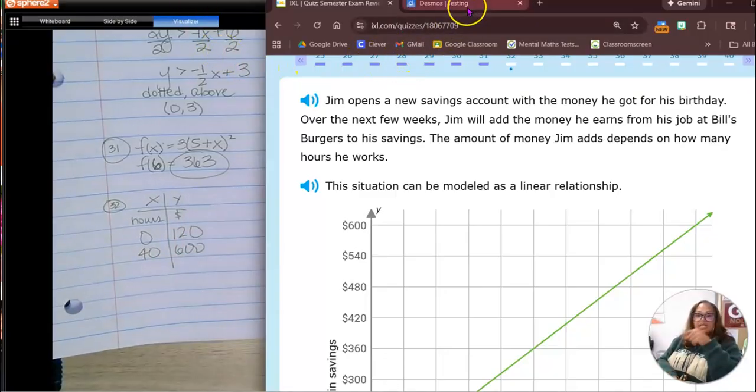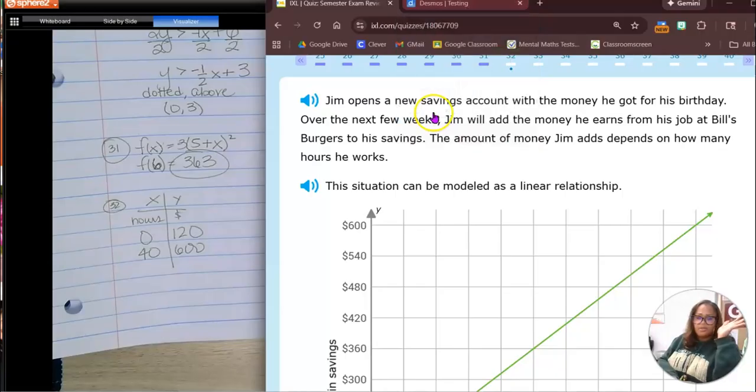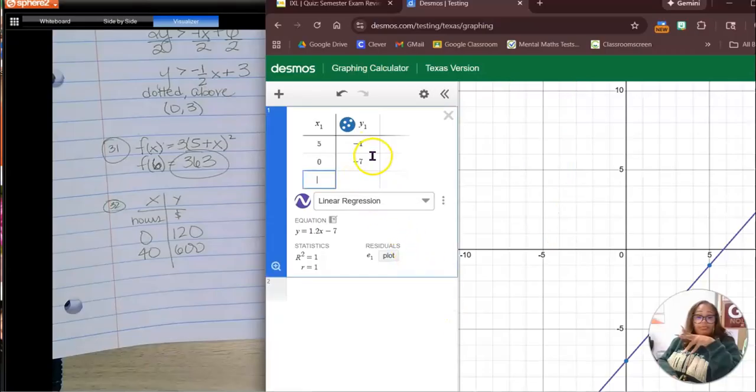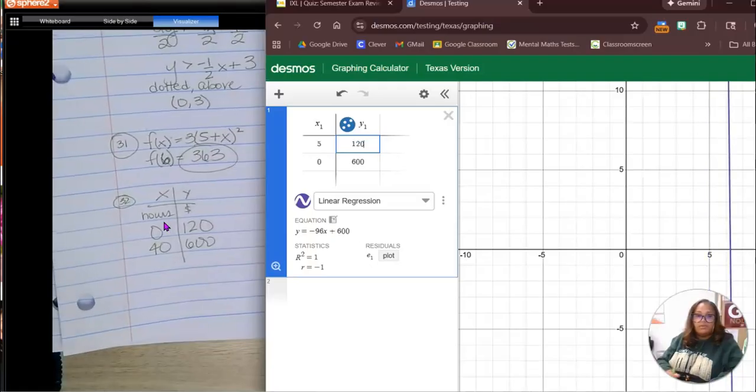Guess what I'm about to do? Take these to Desmos and interpret the slope and the y-intercept. I've already interpreted the y-intercept. That just means how much he starts with. But I need to know how much he gets per hour. Let's see. 600, 120,